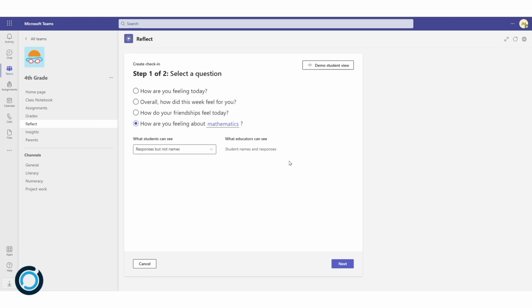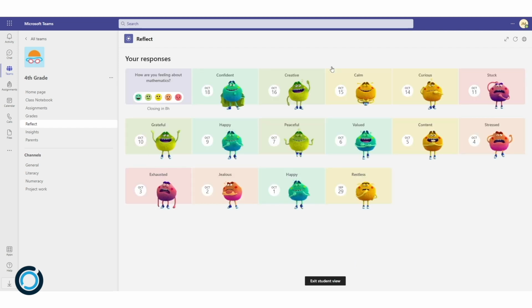Educators always see names and responses, so if there is a student in your class who's feeling particularly low, then you'll be able to identify who that is from their response. Up the top here I've got demo student view, so I'm just going to click on this so you can get an idea of what the students see. When the students enter the Reflect section in their team, they'll see all their previous check-ins from the last few weeks, which is cool. I'll come out of student view now,